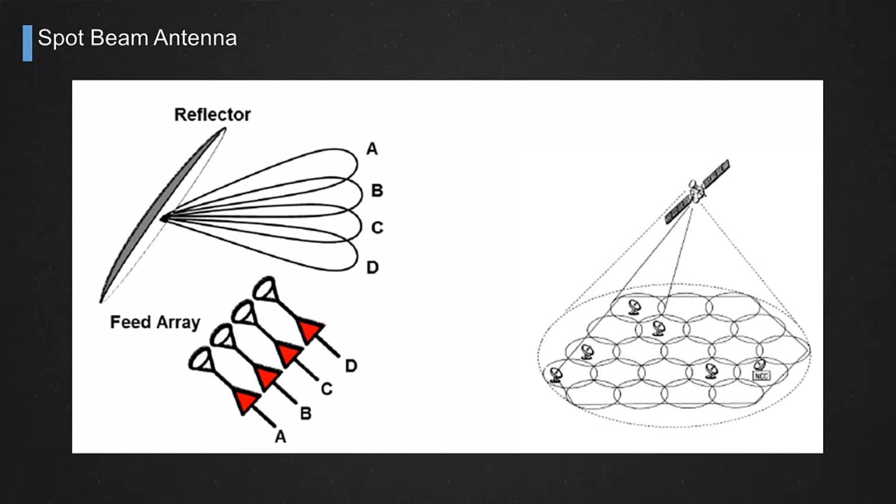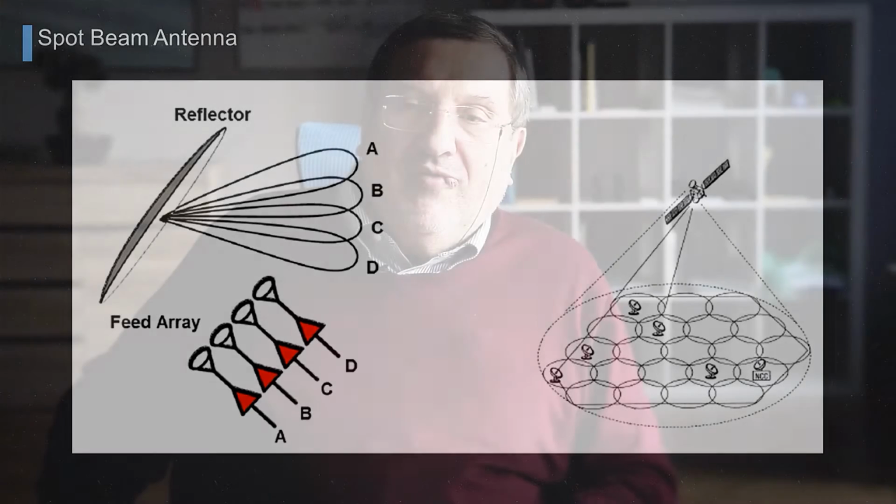But let's say in this case I have a reflector antenna which is fed by several feeds that are illuminating the antenna. Each of the feeds is creating one individual beam. So this is a way to generate a spot beam coverage, a spot beam antenna. This type of coverage exists in practice, for instance, used for communications, even for TV broadcasting.